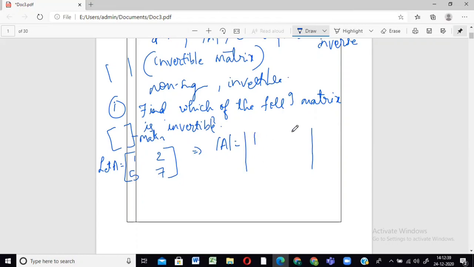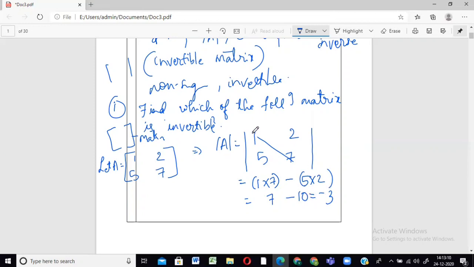So this is what we have: 1, 2, 5, and 7. How do we find the value of the determinant? Always cross multiply. This one, that is nothing but 1 into 7. I'll just put a bracket so that there is no problem. And then this 2, but before doing these two, you should always have a minus sign, into 2 5s are 10. That's 7 1s are 7, 7 minus 5 2s are 10, which is equal to minus 3.